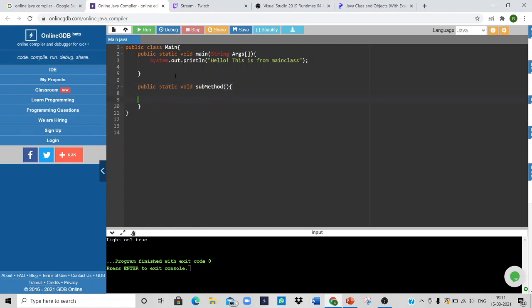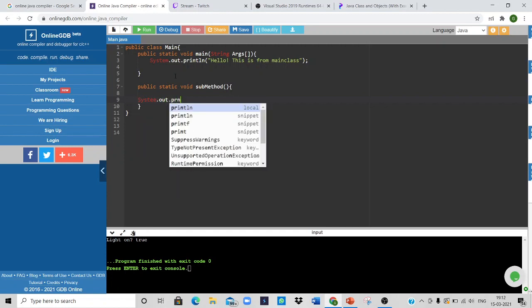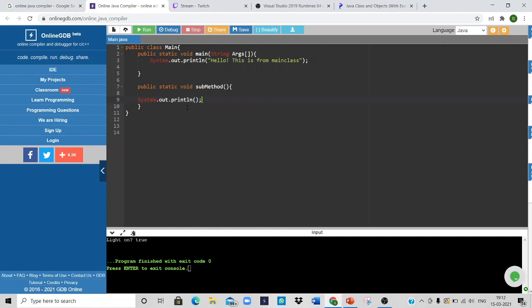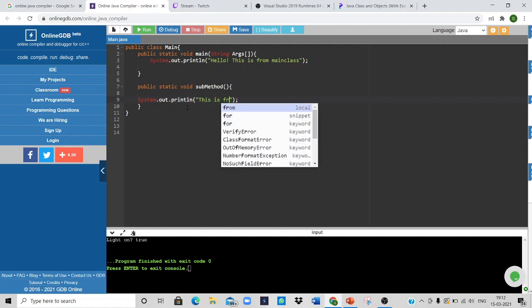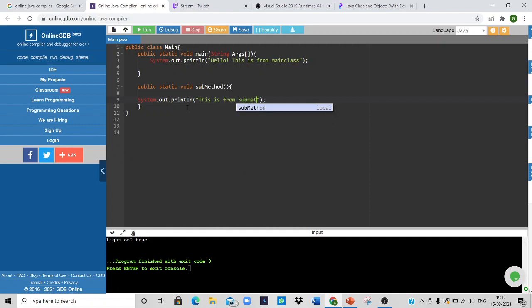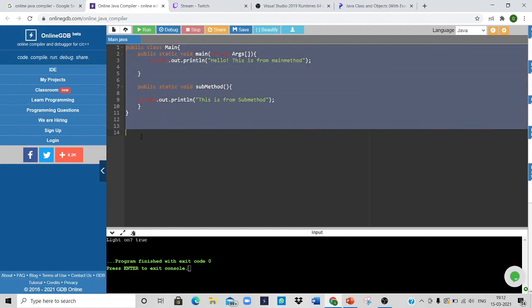And then just write something like System.out.println, "This is from sub method." Actually, here it should be "This is from main method" because we want to differentiate the main method and the sub method, right? Okay, inside of it. It is partially completed now.